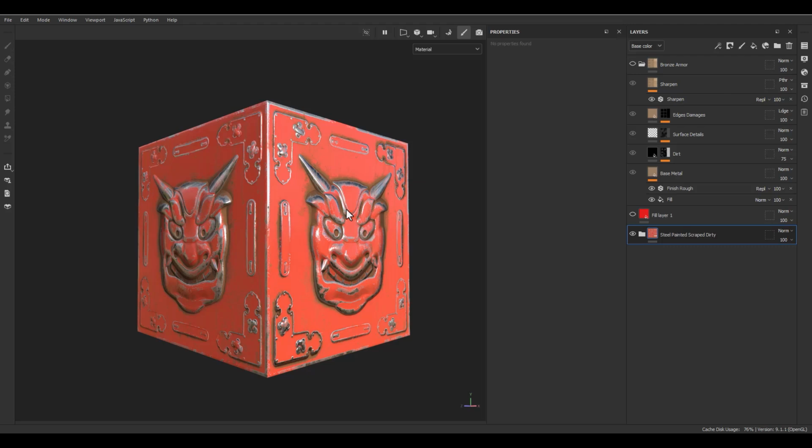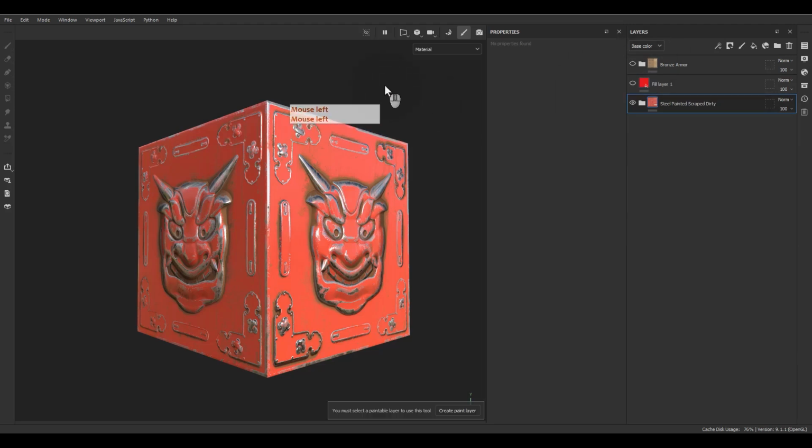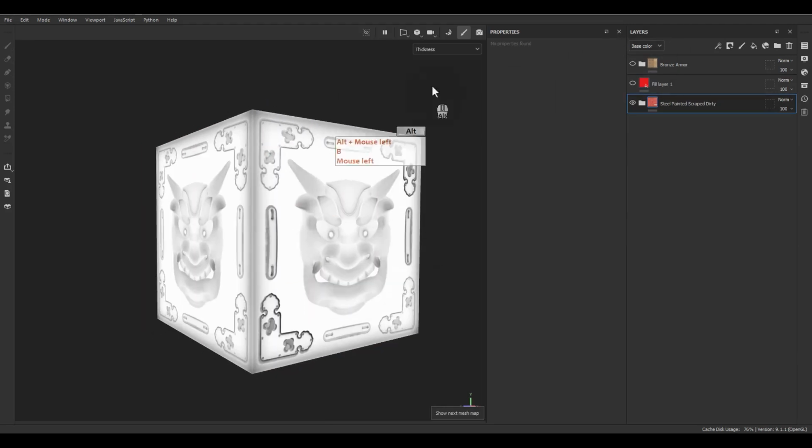So we don't need to understand which mesh map does which work. We just need to be familiar with them, bake the mesh maps, and go for the texturing part. Okay, and with experience in doing a project, you can have a better understanding of the mesh maps and how they work. So I'm going to click on B on the keyboard, and we are going to start with